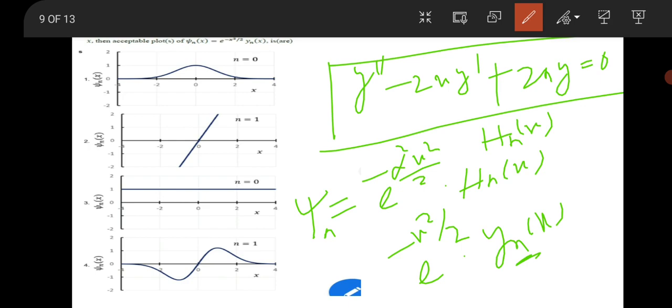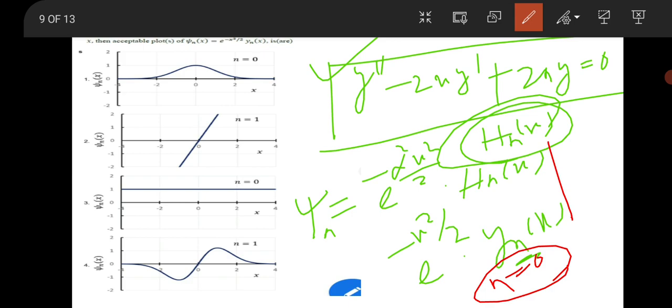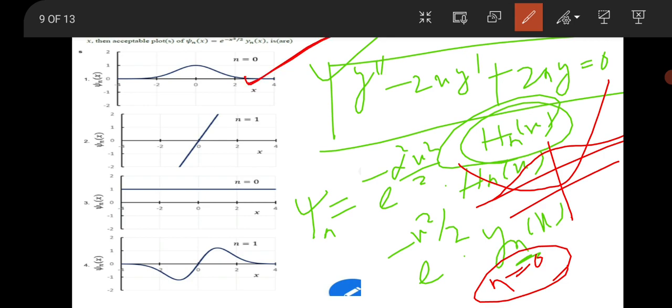If n equal to 0, then there will be no node. The question is not directly telling that this is the harmonic oscillator function, but you know, in quantum harmonic oscillator we are using Hermite polynomials, and Hermite polynomials define the number of nodes and the parity of the wave function. So this Hn(x) is so important, which is the solution to the given Hermite differential equation. So if n equal to 0, there should be no node, and the wave function is just like a Gaussian, like this. So for n equal to 0, this wave function is a valid wave function.